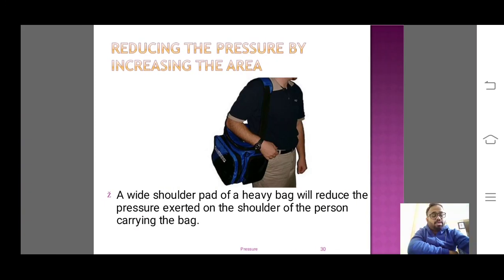A very important and well-known fact: the school bags which you are carrying, some have broader belts, some have very small belts. Those who have broader belts feel less pressure because the area is more. And if you take a very small thin